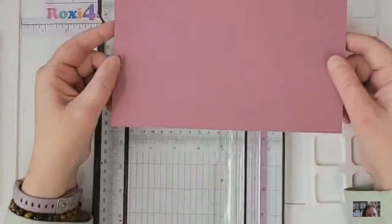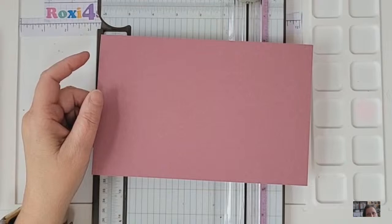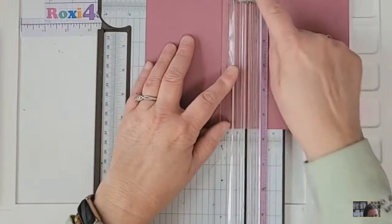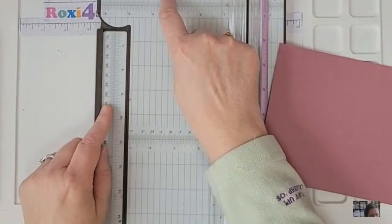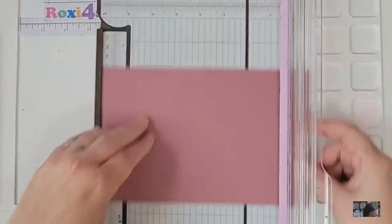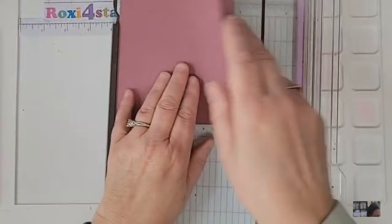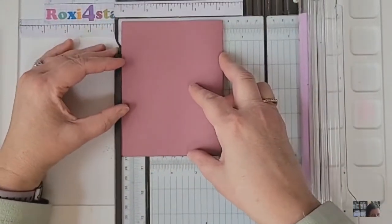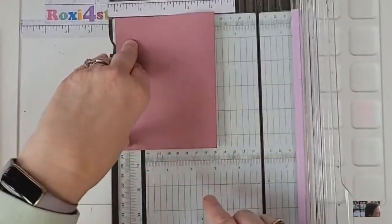When you have a piece of cardstock, and we talked about how your base is usually, for me, 5.5 by 8.5, score at 4 1/4. So when you score at 4 1/4 with this score piece, these edges are raised. So see how your cardstock bumps up against it, and it's the same at the bottom. I like then taking my cardstock when I've scored it, making sure that the edges are all on there,